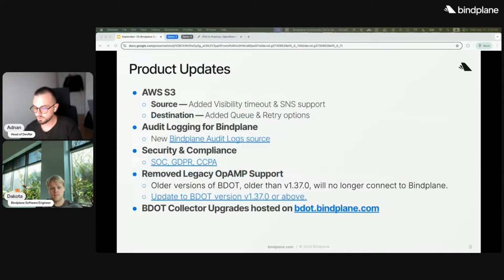And then, yeah, how does all of this relate to all of our product updates for the month? Well, we've done pretty extensive work on AWS S3, which was a big thing at the end of July and beginning of August. We now have a new audit logging source, specifically Bindplane audit logs as a source. We have updated our security and compliance for everybody that cares about SOC and GDPR. You can check out the security page on our website for that. We have removed the legacy support for OpAMP, so you will need to update your BDOT version to